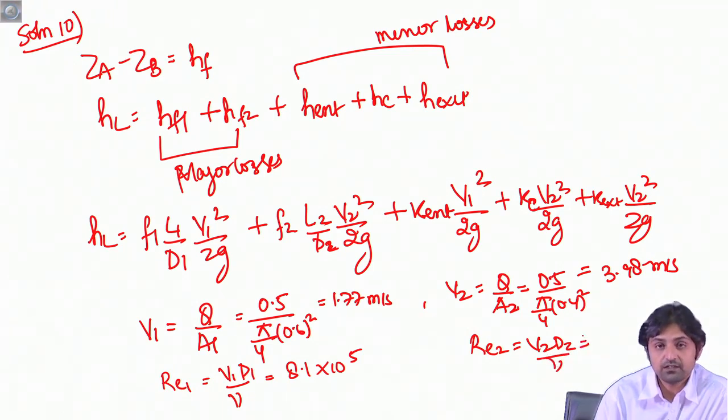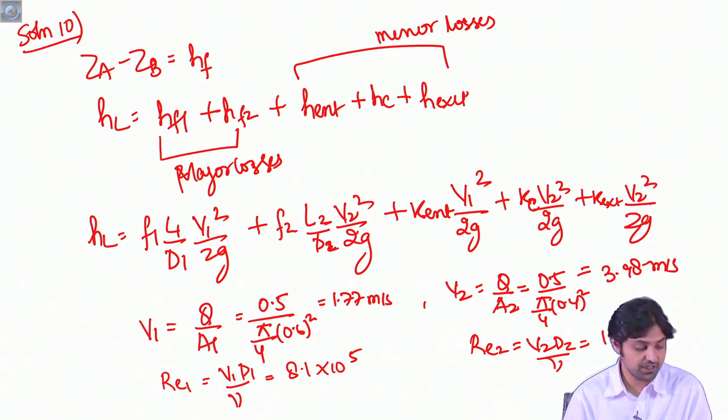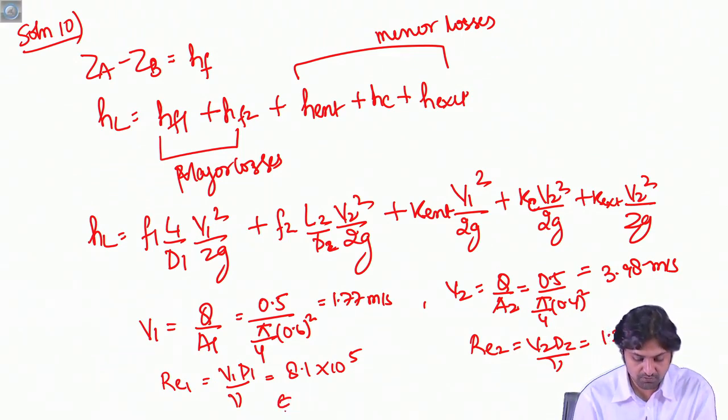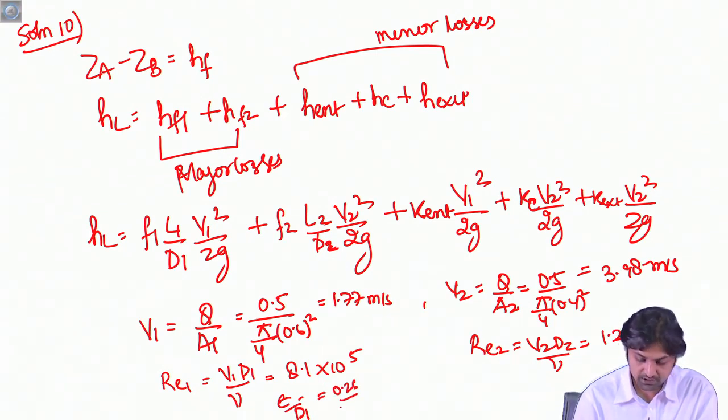Similarly, Re2 will come out to be V2 D2 by nu. You would be wondering why we need to calculate the Reynolds number and those parameters. The reason is we want to calculate the major head loss, and major head loss will depend upon f. f is the friction factor, which will depend upon Reynolds number and epsilon by D. Alright. So, this comes out to be 1.22 into 10 to the power 6. Okay. So, we have calculated Re1, we have calculated Re2. Here epsilon by D1 will be 0.26 divided by 600,